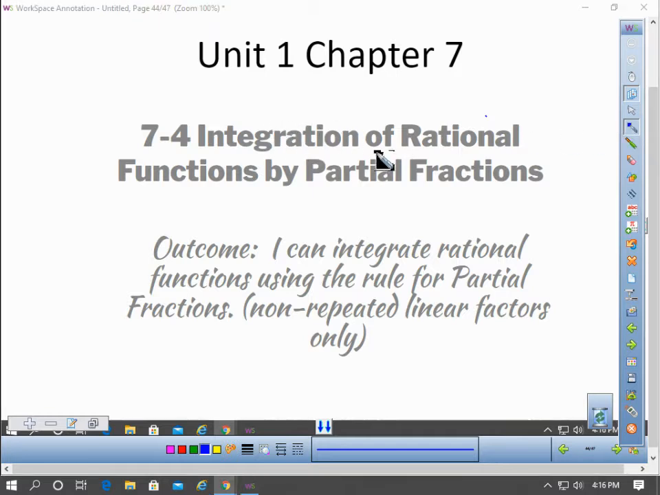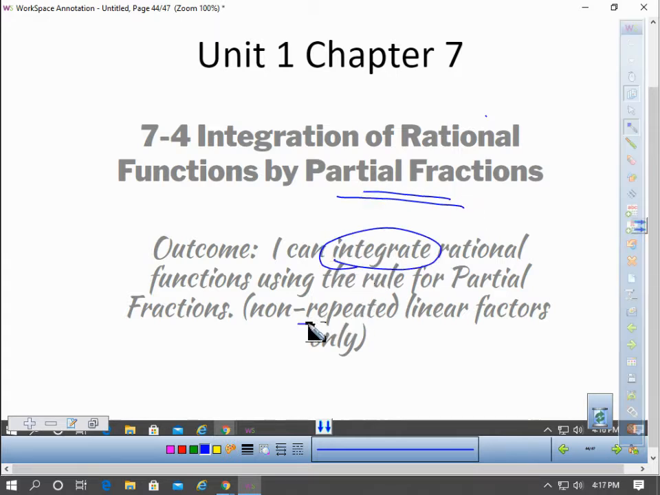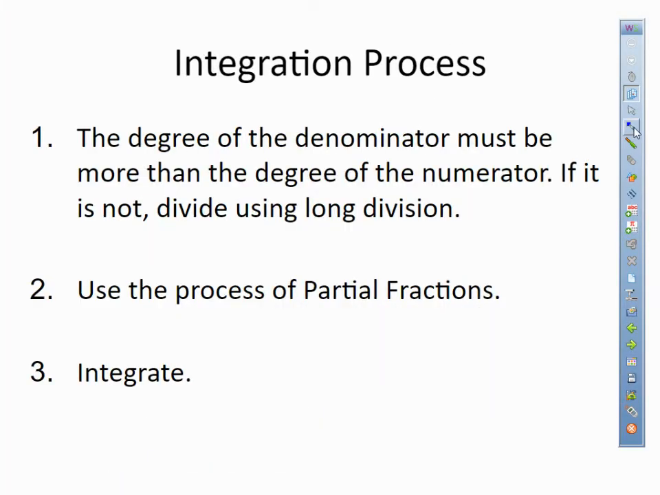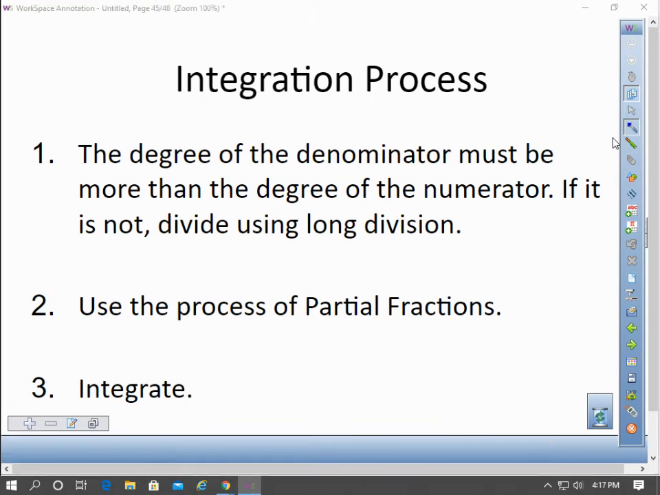So we're going to do integration of rational functions by partial fractions, which we know how to do. So now we're going to focus on the integration part. And we're only doing non-repeated linear factors, so that makes the integration really easy. Okay, the one thing you need to watch out for,